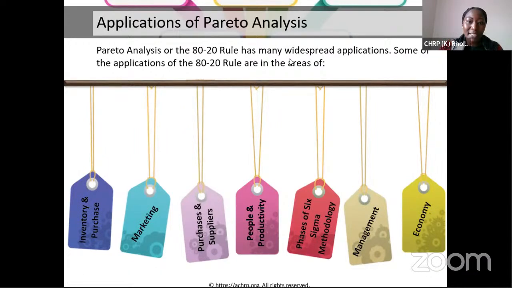It can be used in marketing. It can be used in people and productivity. When you're talking about performance management, we normally even see the bell curves that we force on performance. And you'll understand that even in a department, we only have some key drivers in terms of the people, even in group work. This can be used in Six Sigma methodology. It is useful in management and also in the economy. So this is how we